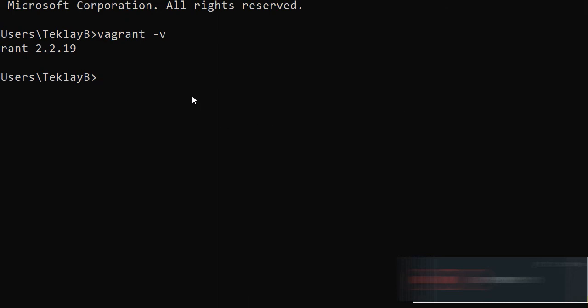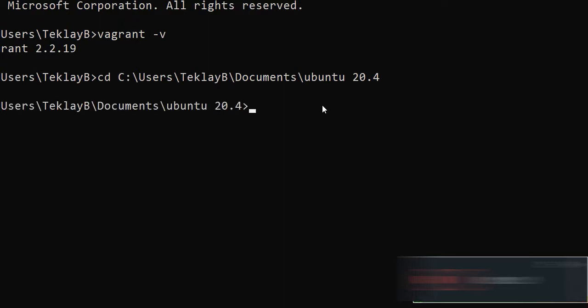Then go to the path of where you want to install your machine. Let's say, for example, I want to install my virtual machine here. Then press enter. The next step is